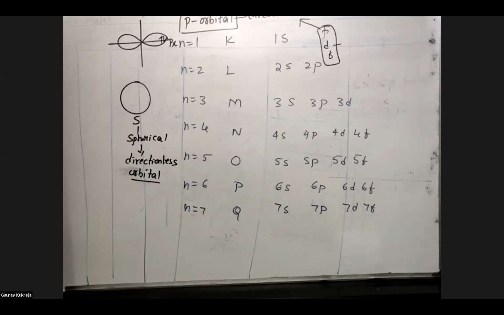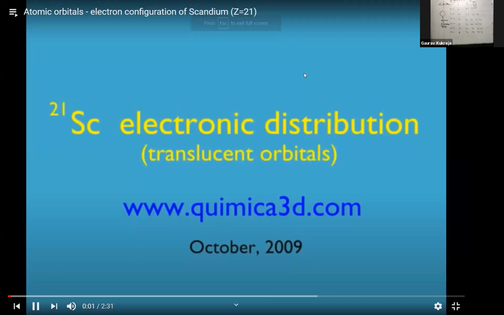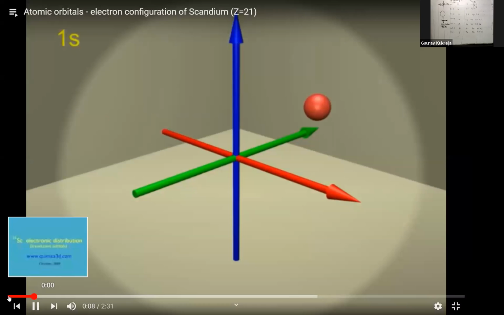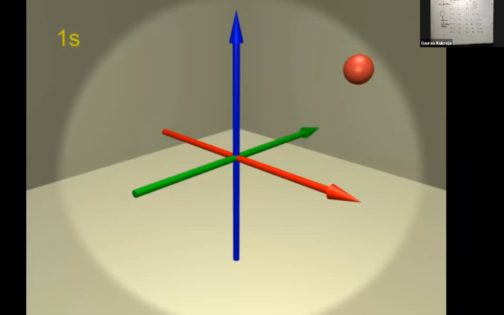So now I'll show you one animation. Try to understand that. There is no sound, you just see them.